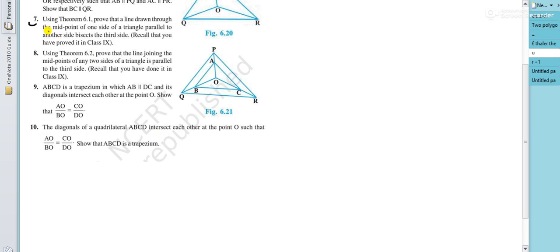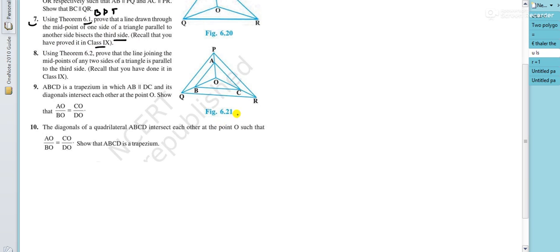What have they given? Using theorem 6.1, it means BPT. Okay, remember, using theorem BPT, prove that a line drawn through midpoint of one side of a triangle parallel to another side bisects the third side. Okay, recall that you have proved this in class 9. Okay, leave that. Just refer this. Prove that